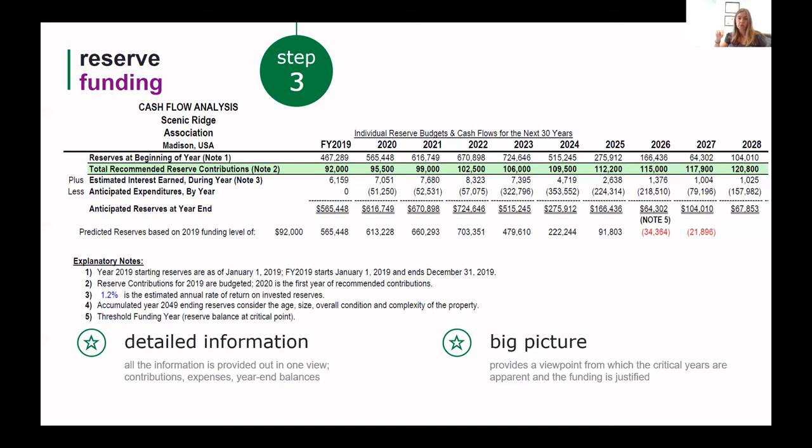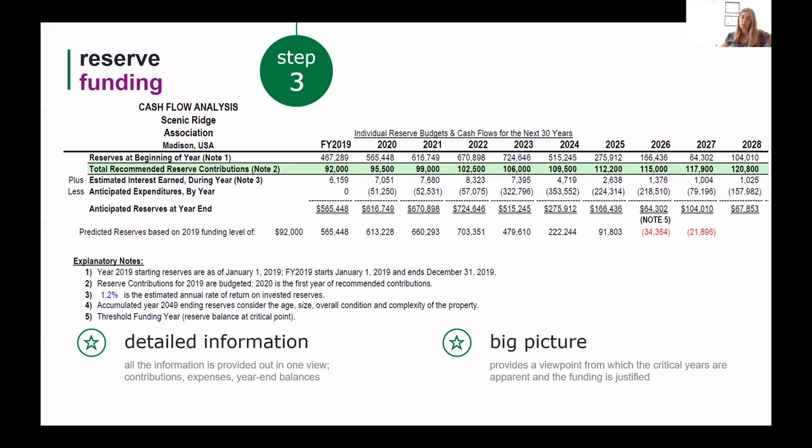We're going to tell you the recommended reserve contributions. That's what we're calculating. We're going to incorporate interest. We're going to incorporate those planned expenditures that we've outlined. And then we're going to come up with a projected year-end balance, which again becomes the following year's starting balance. So it truly is just a cash flow analysis. This is a great tool to look at as you're planning and budgeting,